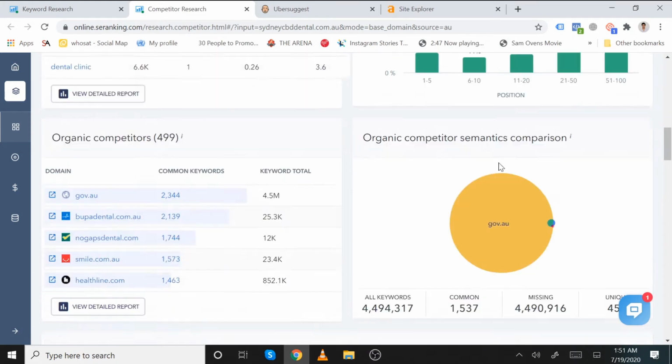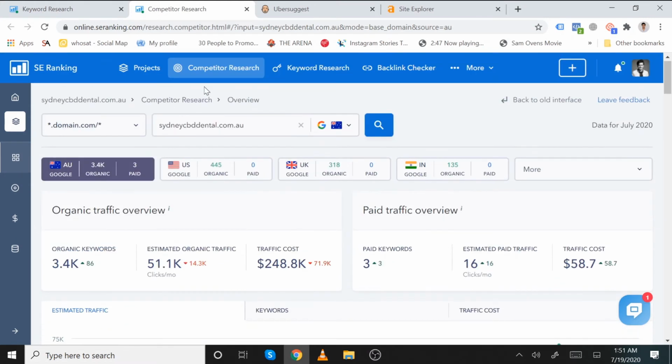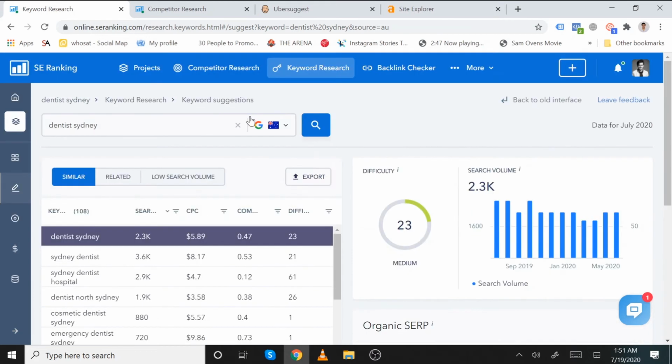So you can either put a competitor website over here and see which keywords they are ranking for, or you can put your topic or niche in keyword research, and it will show you the keywords which have the highest search volume, because you want more people to find your website. So make sure you are targeting keywords which have higher search volume and average keyword difficulty, so that it takes less time to rank.